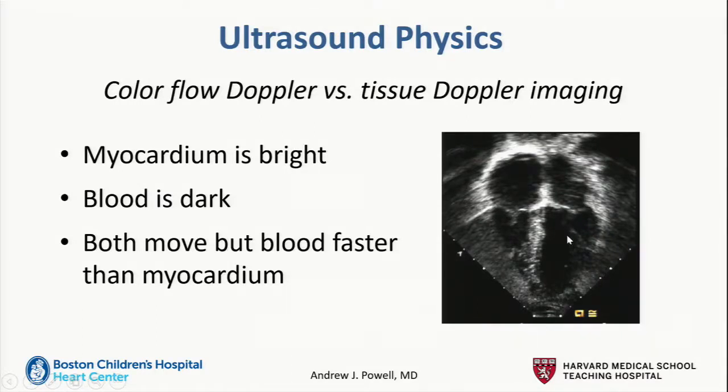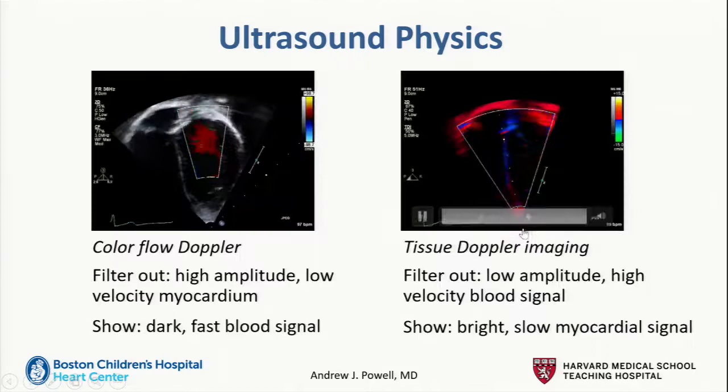And then another point to understand here is that both of these structures move. The myocardium will move up and down, and the blood moves in and out. But blood moves faster than myocardium. Now, the Doppler principle doesn't care whether you're blood or myocardium. It just cares if you're an object coming toward or away from the transducer. So you can do Doppler on blood, or you can do Doppler on tissue. Typical color flow Doppler is tuned to do Doppler on blood, but we can also tune it differently to do